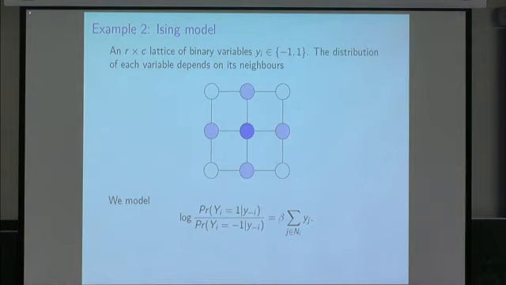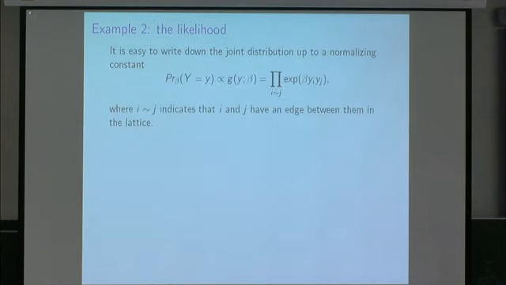So this writes down the conditional probabilities of each variable given all the others. If we want the likelihood for beta, we in fact have to write down the joint distribution of all the variables. And it turns out it's very easy to write down that joint distribution up to a normalizing constant. So it's very easy to write down the full joint distribution, except that won't be a proper probability distribution, it won't sum to 1. So we can say that the probability of taking value y is proportional to this function